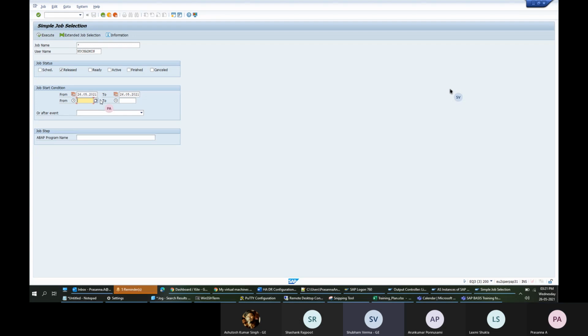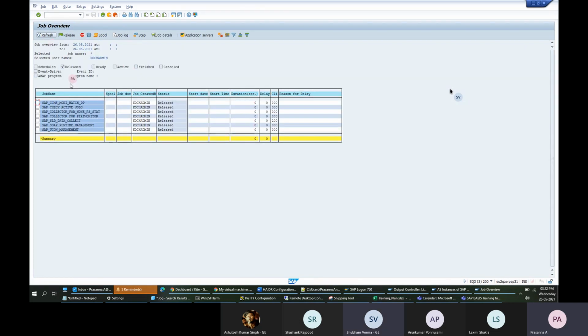What we are doing here is choosing one particular user and trying to see its status right now, what are the jobs run by this particular user. If I give star, it will list everything, all jobs, all users.